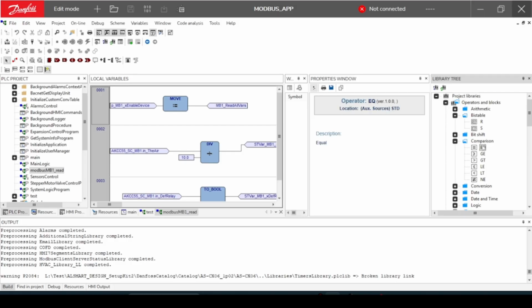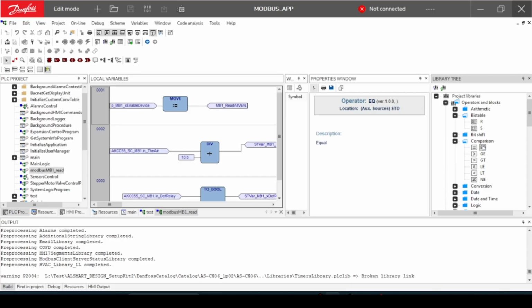The EQ block is used to check if two input values are exactly the same. When both values are equal, the output becomes true. If the two values are different, the output becomes false. For example, if input A is 25 and input B is also 25, the comparison result is true because both values are identical. However, if input B changes to 30, the two values are no longer equal, so the output